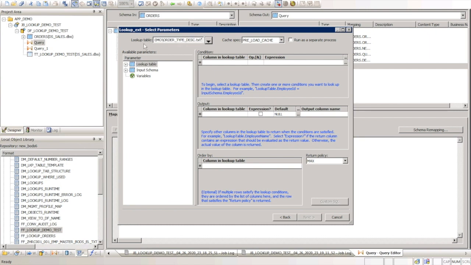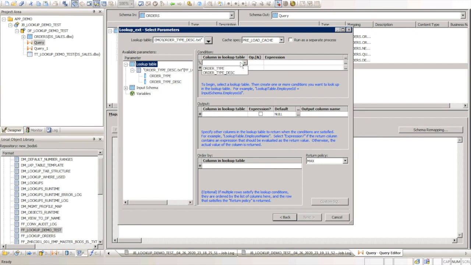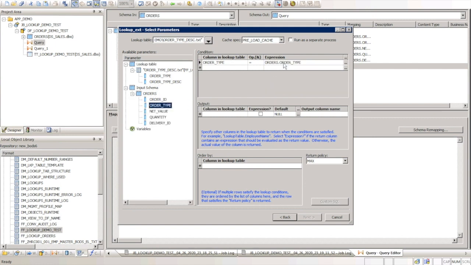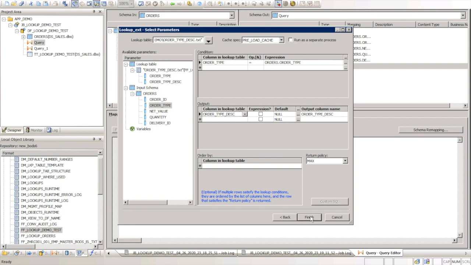Okay, that is what this is. And if I go to my lookup table option, I can see the file name here, and I can see the two fields. Let's have order type here, and from the input schema from orders, I need to match it with order type, and from the lookup table I need order type description, right?